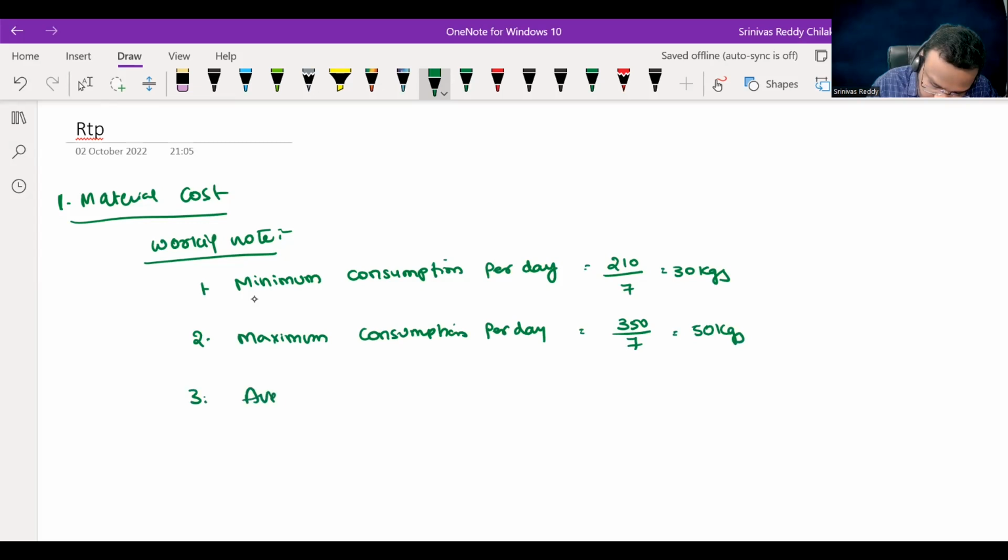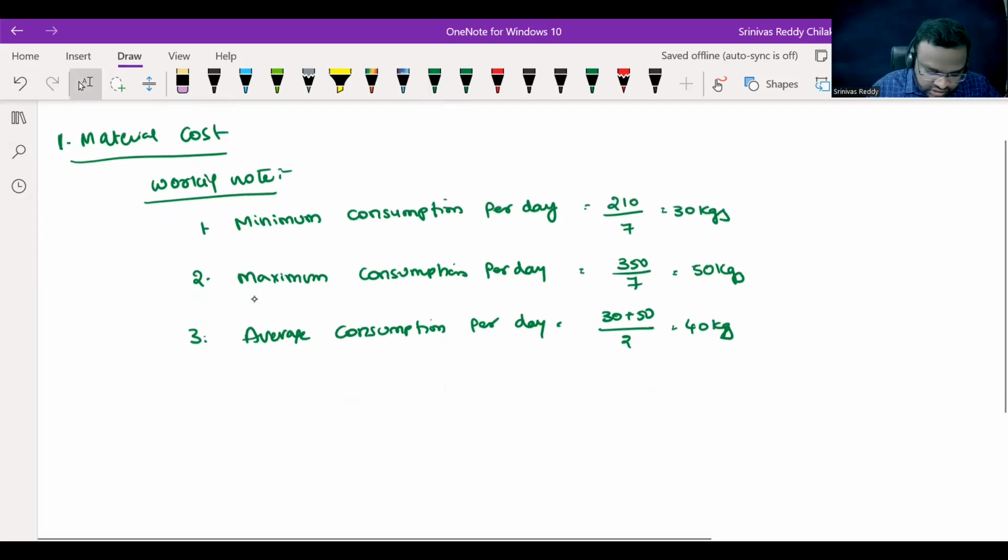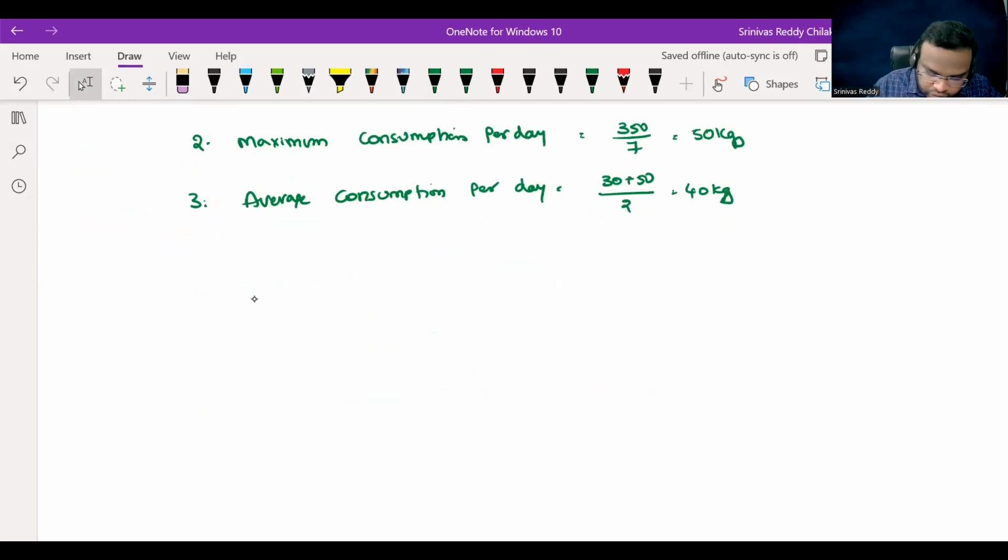Therefore, average consumption per day, 30 plus 50 divided by 2, 40 kgs, right? Next one, procurement time, the minimum lead time is 5, maximum lead time is 9 days. That is already given. Now, when it comes to purchase cost is 100 rupees per kg, ordering cost is also given,